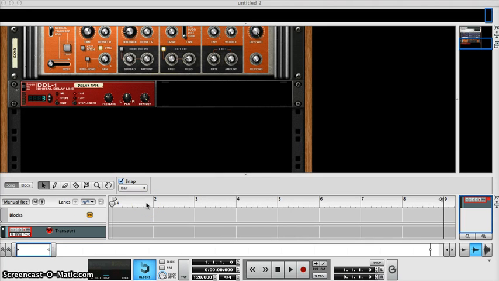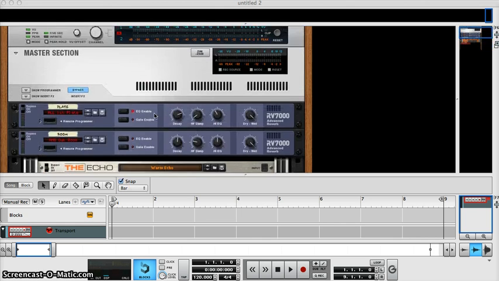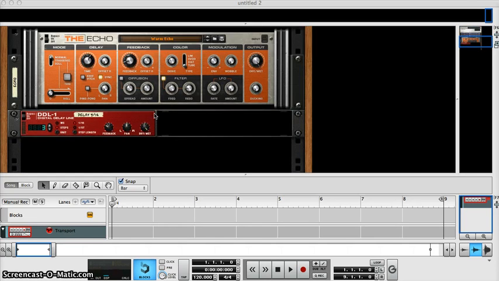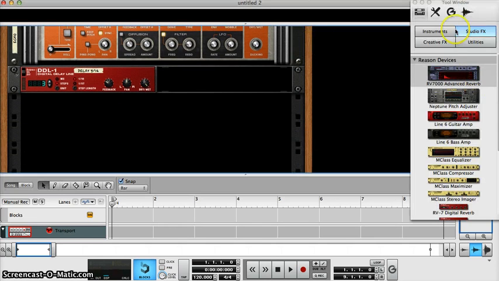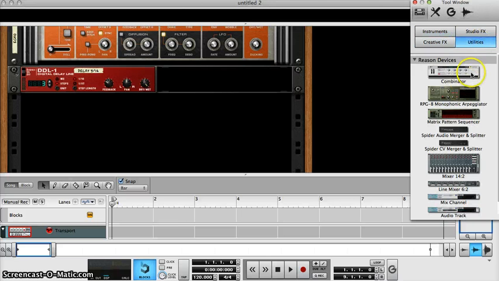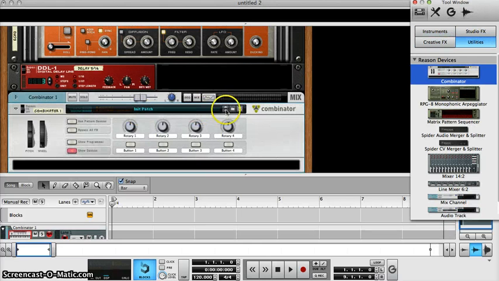Okay, so this video is showing you how to combine two combinators into one. What I need is a piano with a pad underneath, and I don't want to switch between two different channels. So I'm going to create a channel that'll have a piano and a pad underneath using one combinator. So first thing I'm going to do is grab this combinator, throw it in here,